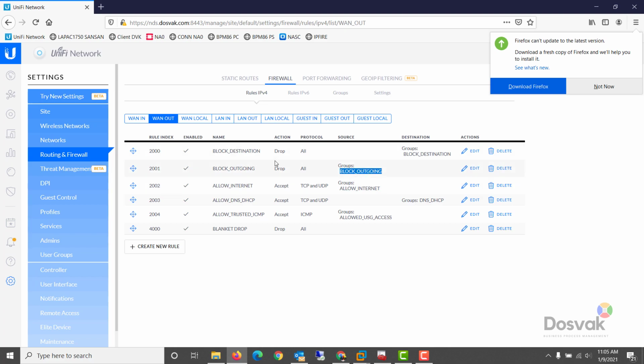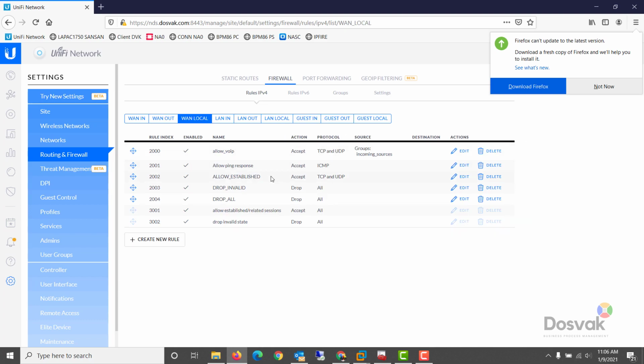Then at times you see certain connections which you want to stop. Let's say you have some internal software which is pinging back home, dialing back home, and you want to prevent that from happening. So you can create a firewall group called block destination and place all those IP addresses in that. And that way, even though that rogue software or malware might be installed, it will not be able to dial back home.